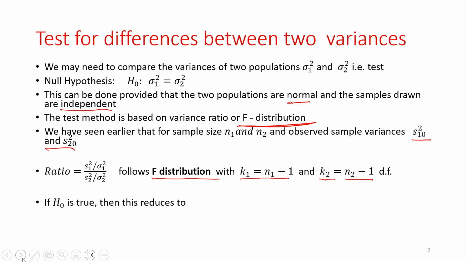If H0 is true, that is, if sigma 1 squared and sigma 2 squared are same, then they will cancel each other. So we will be left with this: F is S1 squared by S2 squared,